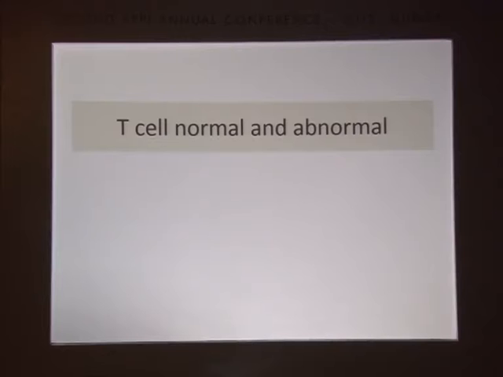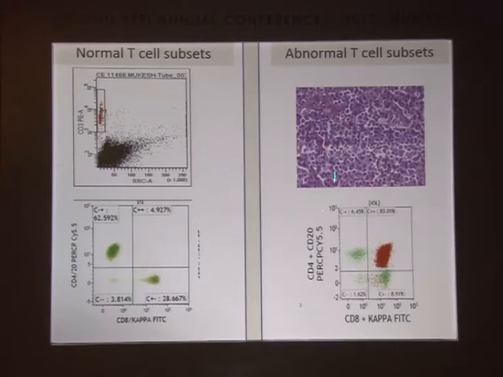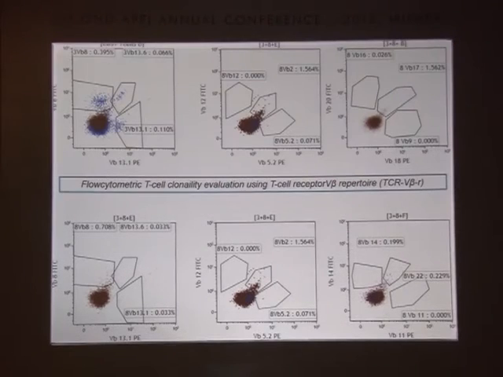Similarly, you can judge T cell lymphomas on flow by lymph node. These are the CD3 positive T cells. They are again CD4 and CD8 in an equal 2:1 ratio. And if you do this, again the lymph node is a peripheral T cell lymphoma. The CD4 and CD8 are double positive. Lymphocytes should be either CD4 or CD8. It should not be double positive or double negative. There are 83% cells expressing CD4 and CD8 both. So this is again a very abnormal neoplasm. We can do the T cell receptor beta repertoire. Prashant is doing this study with a student of mine.